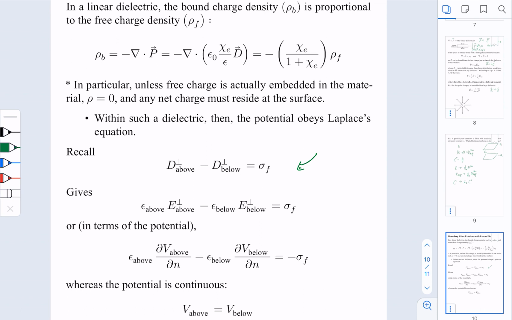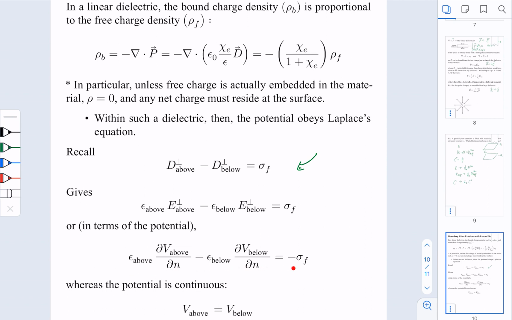That is simply related by the permittivity factor: D is proportional to the permittivity epsilon times the E field, so this is simply a replacement. And we also observe that we can write a scalar potential for the E field, and if you rewrite the E field in terms of the derivatives of the V, we get